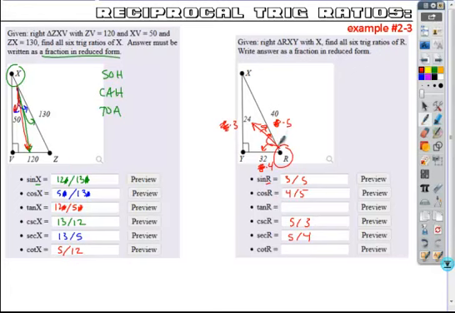And then finally, tangent is opposite 3 over adjacent 4. Therefore, cotangent is going to be the reciprocal, 4 over 3. Okay, so